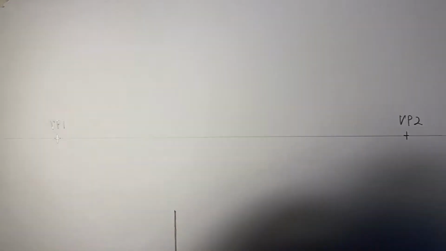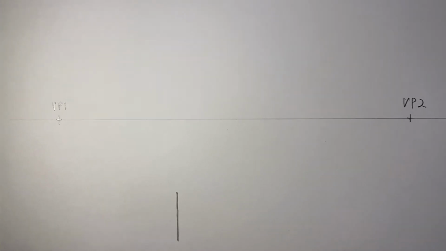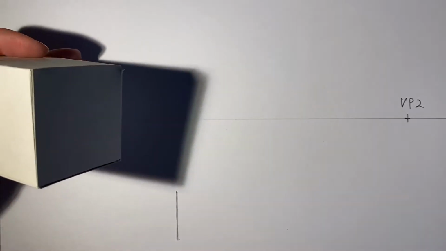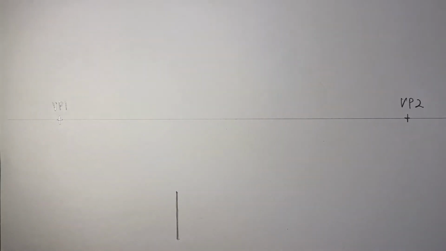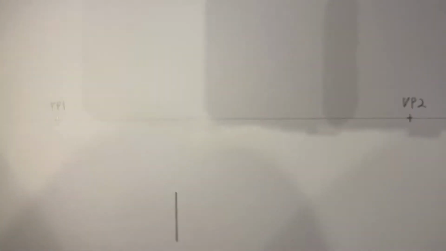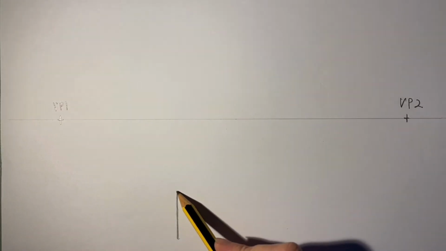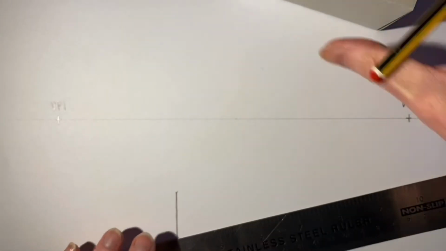So I've drawn a line and I've drawn it quite low down from the vanishing point. So we have a vertical line representing the edge that is closest to us. The light has dropped in my room where I'm working, so it's quite dark. So from the top of the line to the vanishing point